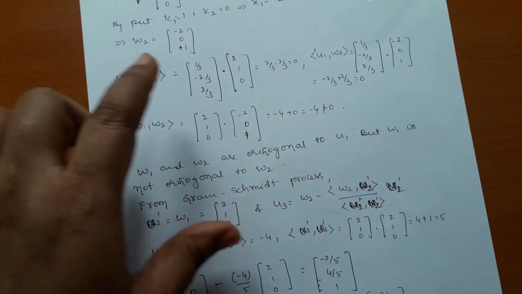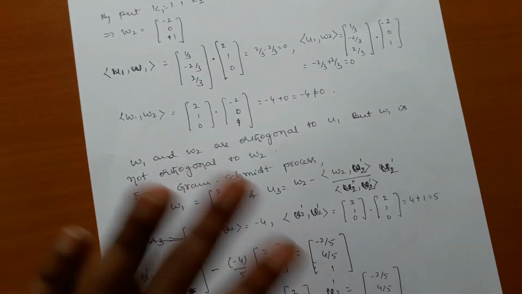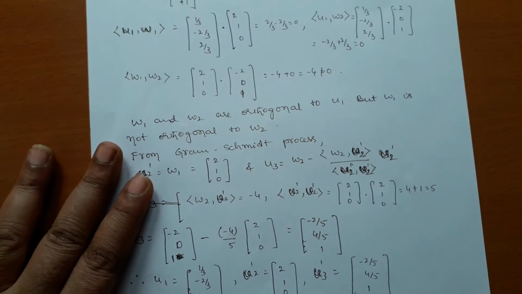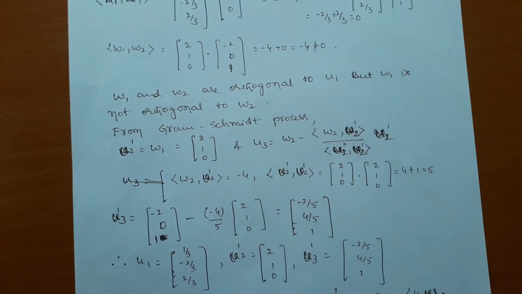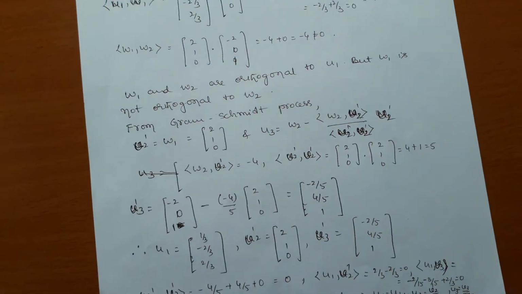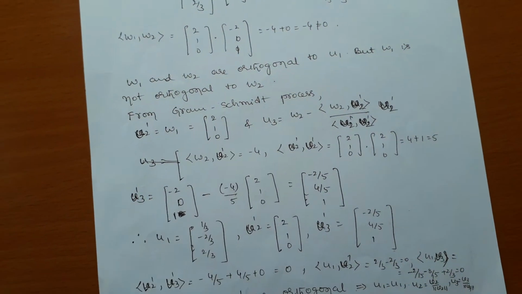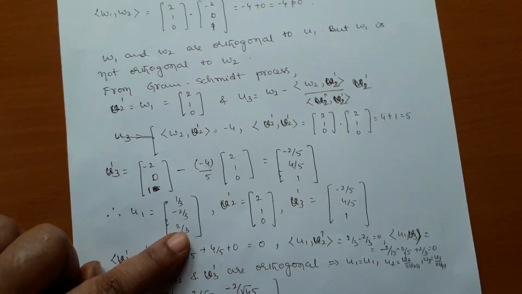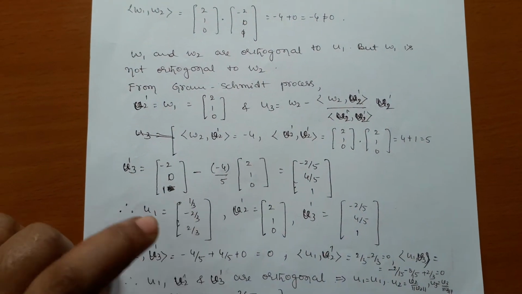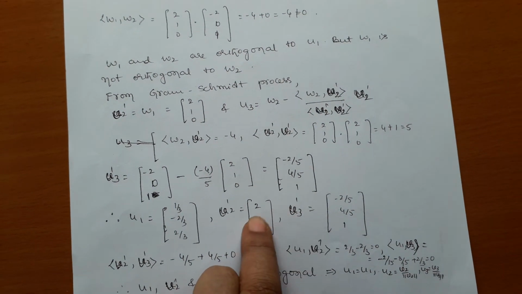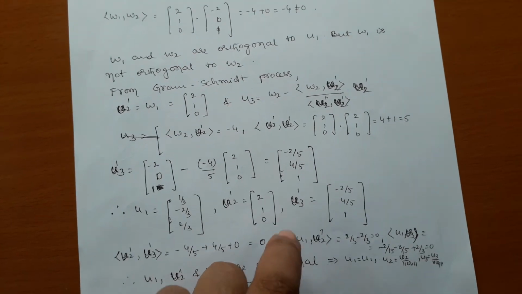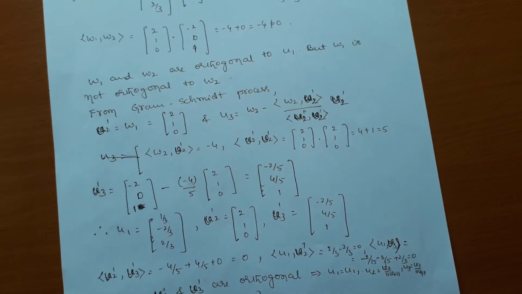But U1 with W1, U1 with W2 is okay, while the W1, W2 inner product is not equal to 0. Again go for Gram-Schmidt based on W1, W2. That is nothing but my V2 dash and V3 dash. Now don't normalize U1 because we already get AV1 divided by sigma 1. You normalize these two vectors. These two vectors are not orthogonal; you generated them from